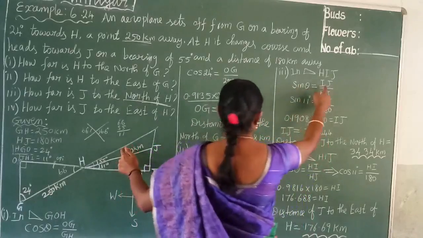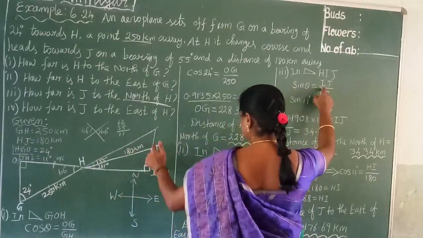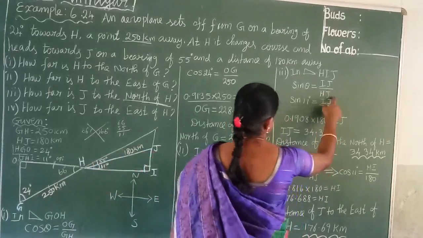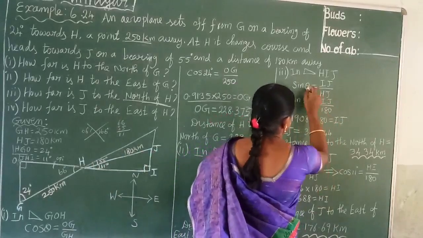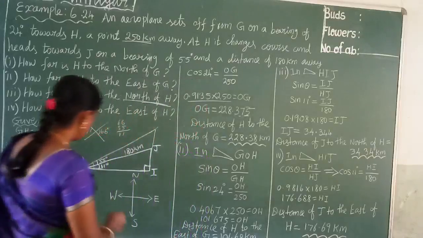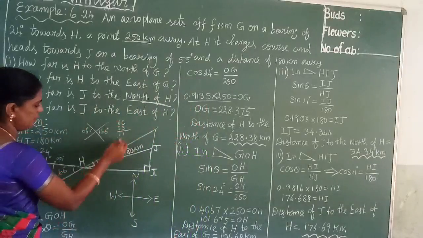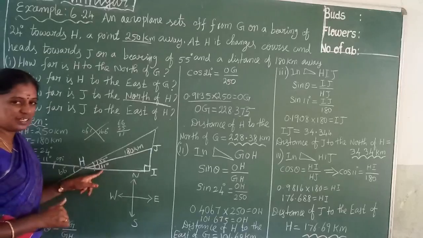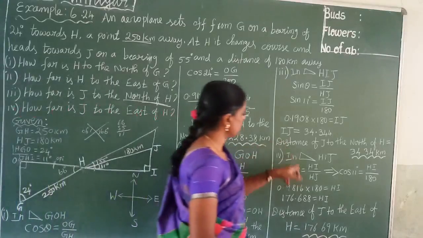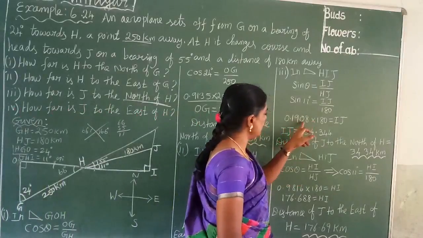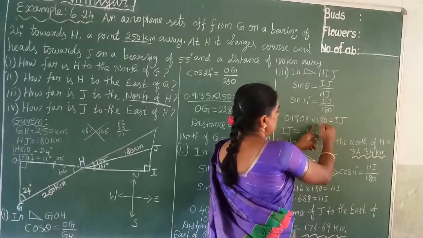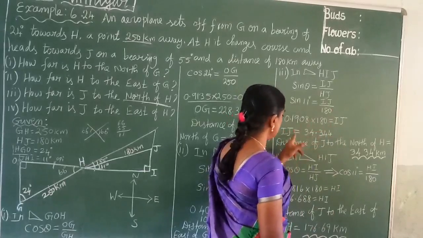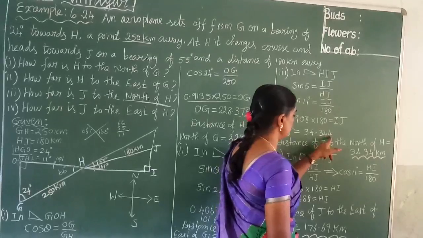Sin theta. Sin theta is equal to opposite side IJ by hypotenuse HJ. HJ value we know, 180. Theta is here 11 degree. Already we explained: the total 66 means 55 minus 66 minus 55, so 11 degree. So sin 11 degree is also given in the value. What is the value? Sin 11 degree value is 0.1908. Denominator 0.1908 comes this side, numerator is equal to IJ. Clear?